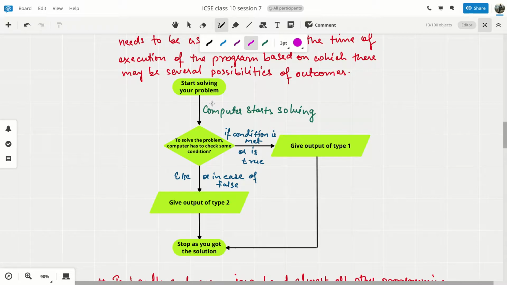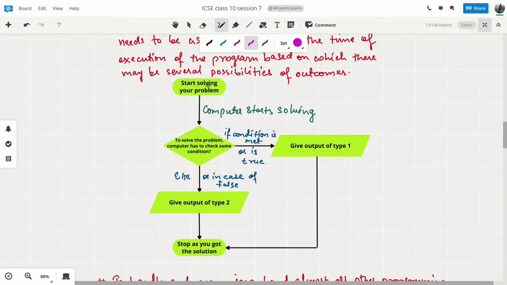Okay, so you have a problem, and that problem you need the computer to solve. So you start solving your problem by giving your computer the problem. Computer starts solving it. While solving, computer needs to check certain conditions, and then only it can give you the output.